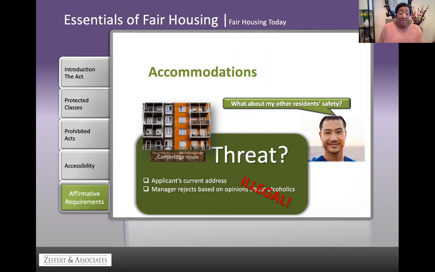However, here's what management has the right to do. The manager could have checked the applicant's references to the exact same extent, in the same manner as he would have checked on any other applicant's references. Again, treating every applicant fair and consistent, regardless of who they are, where they come from, what they look like. If such a reference check revealed objective evidence showing that this applicant has posed a direct threat to persons or property in the recent past, and the direct threat had not been eliminated, then guess what? Then the manager could have rejected the applicant based on the direct threat.